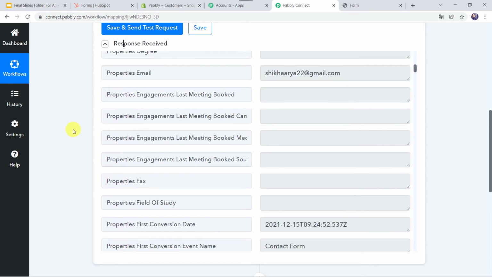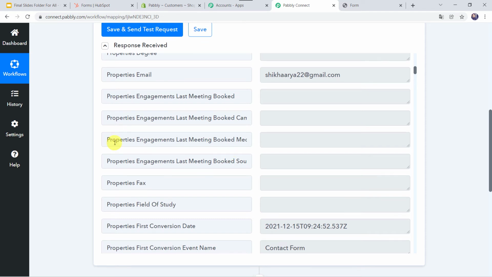Now I want to give you an important information over here that here you can see that the data has captured immediately. But sometimes this may take some time in fetching the data as the trigger here is polling based. So if your data doesn't get captured immediately, don't worry about that and please wait for 15-20 minutes patiently. Your data will surely arrive.